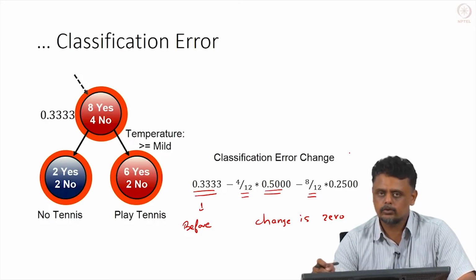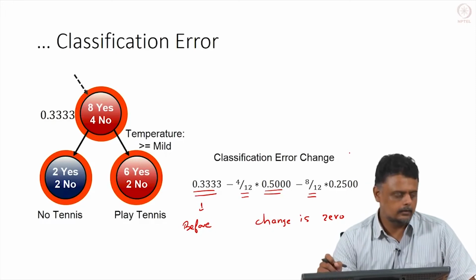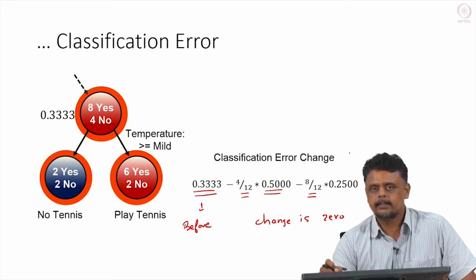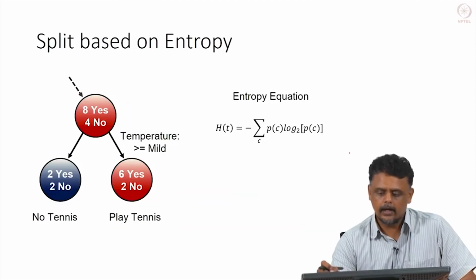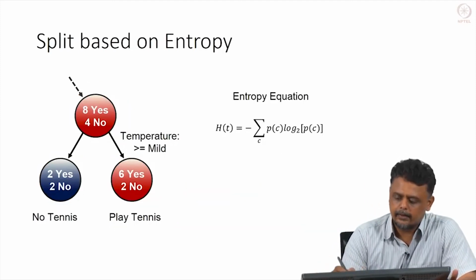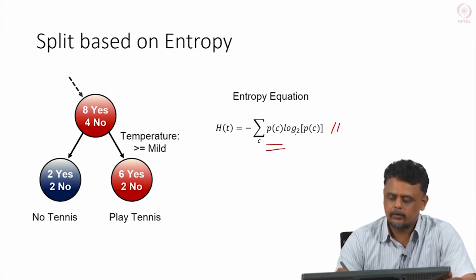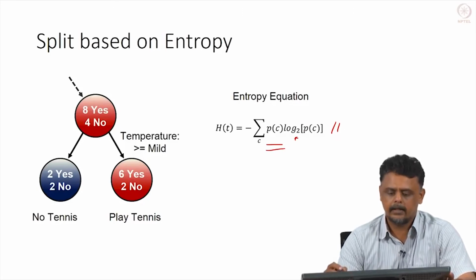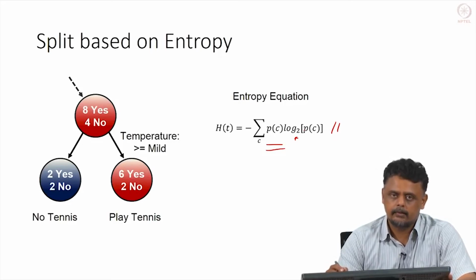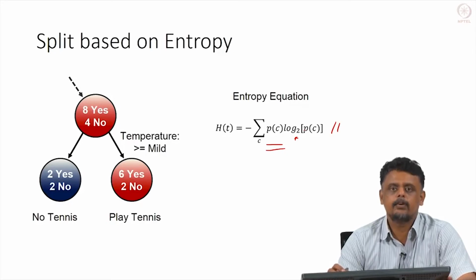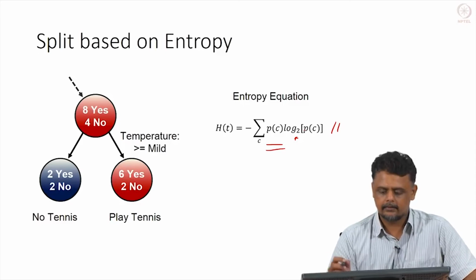We will see why that is so in a later slide, but to get over this we have two other metrics that we typically use, that is the Gini index and the entropy. So, we will look at entropy first. This formula must be familiar to most of you. It is summation over the classes p log p, again to the base 2, keep that in mind. So, what we want to do is calculate the entropy before the split based on the feature and calculate the weighted entropy after the split based on the same feature and see what the change is. So, let us see how that is done.